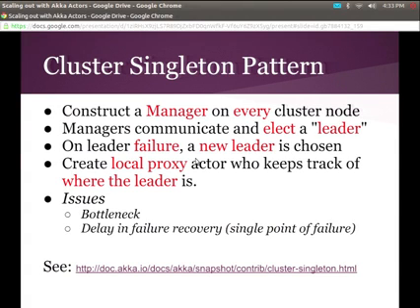Now the way that we do that is we construct a manager on every node. Every node has a manager instance just waiting. And in case of failure, when this manager becomes the leader, he says, oh, hey, I'm the leader now, I'm going to reconstruct the search tree, essentially. He's the one responsible for recovering from failure. The manager is the one that contains the actual search tree, essentially, on a single node. So on leader failure, a new leader is chosen, and that manager creates a new leader.